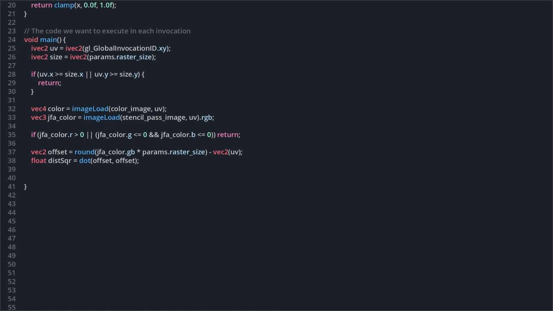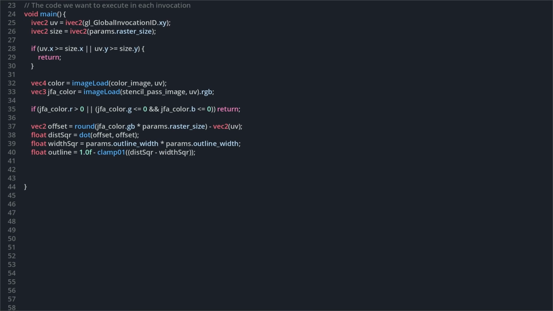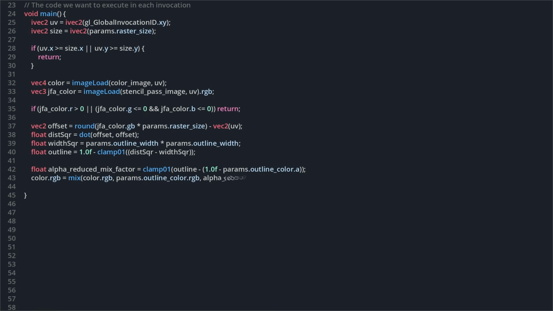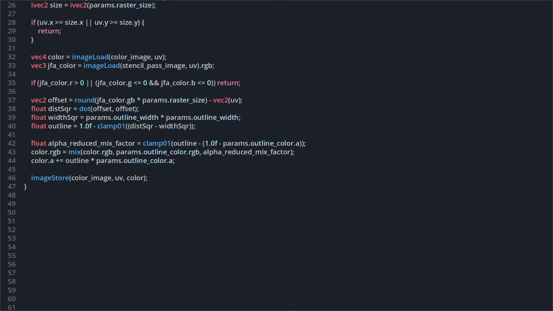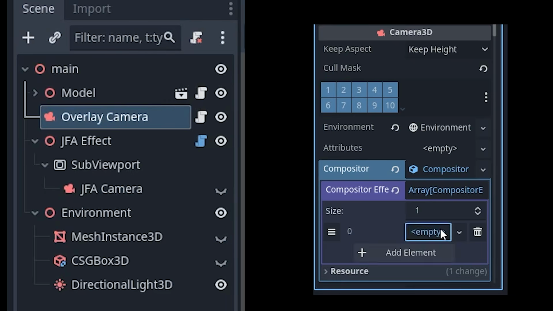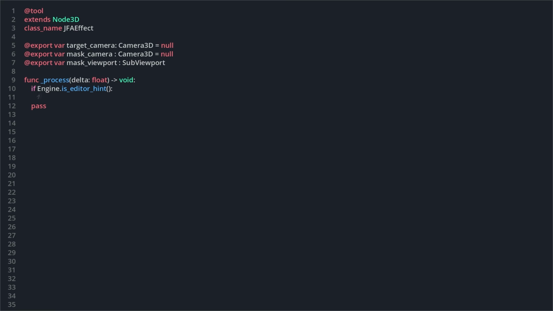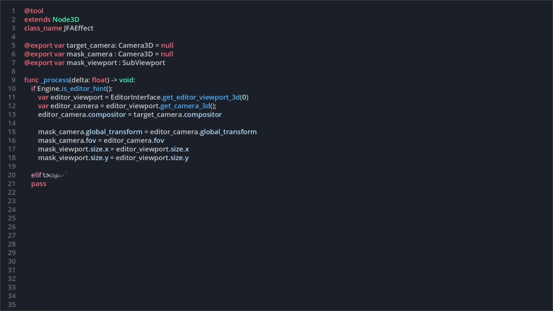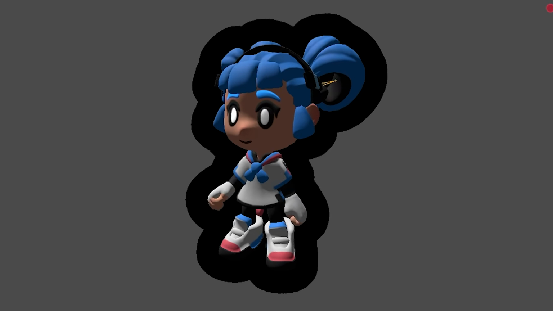It'd be handy to be able to write to the depth buffer in this pass so our outline would correctly interact with transparents, but sadly that's not supported as of Godot 4.4. Then we just add our compositor effects to the relevant cameras, add an extra script so the second camera will always follow the main camera or the editor camera if we're in edit mode, and presto chango, we've got some